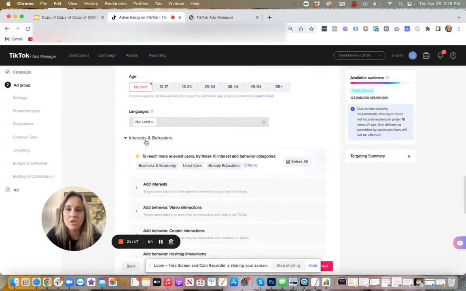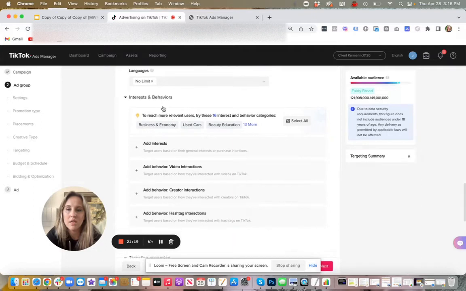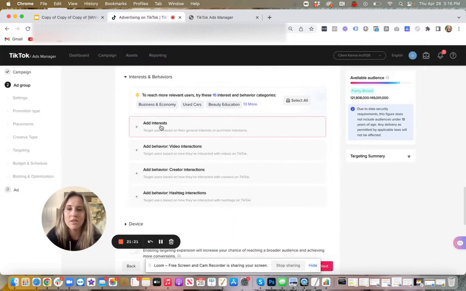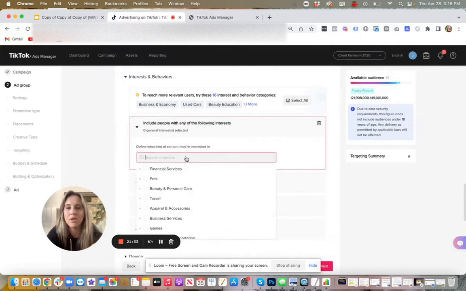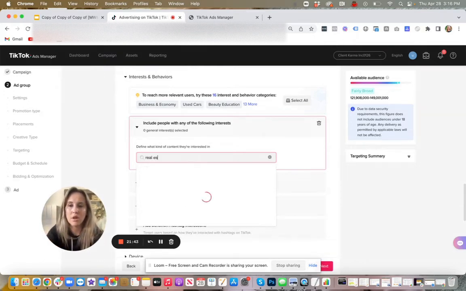Gender, age, languages, and then interests. So this is the targeting that I've been using. And I don't know how they come up with these suggestions, to be honest with you. I have not been using a ton of their suggestions, but you can go in here and say, for example, I have a client that I'm running real estate coaching ads for, and there's some really good targets in there for that.